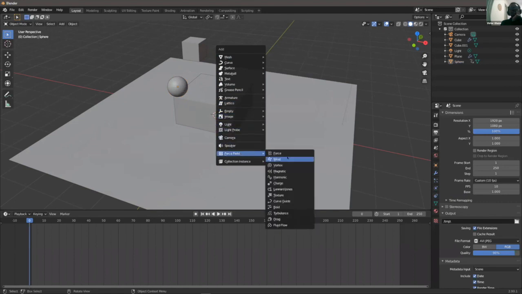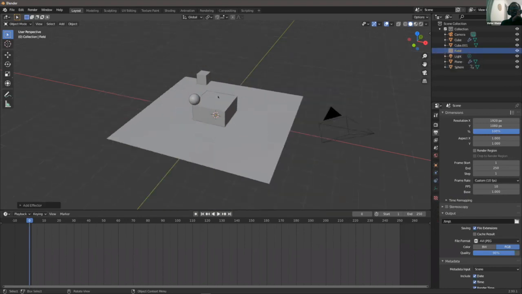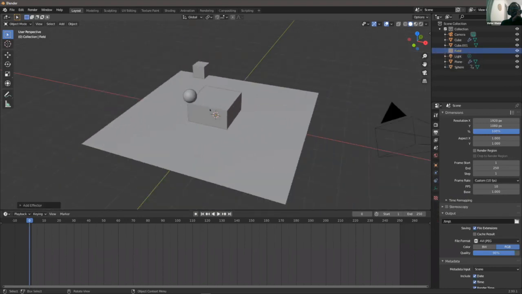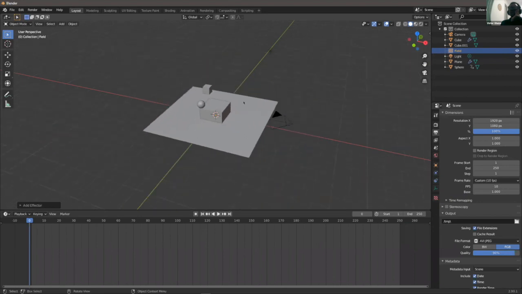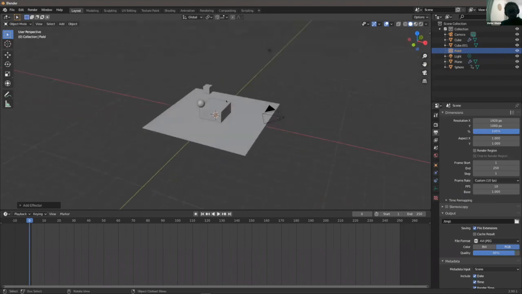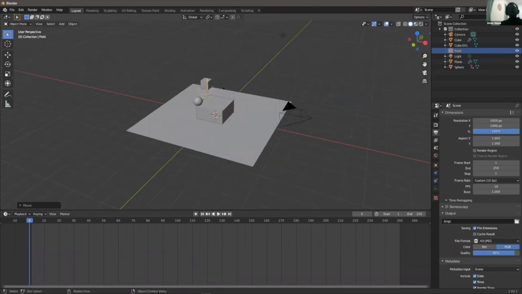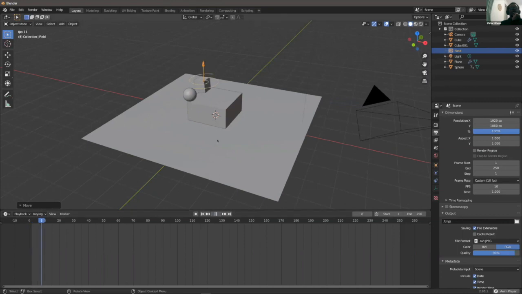So force fields work kind of how you'd expect. So this vortex, I did a shift add in the vortex. Where is it? I'm gonna move this up. Yeah, so it has these squiggly curves on it. I'm gonna move this here, let's say right underneath this square. So now if we press play, it's not strong enough to affect it,